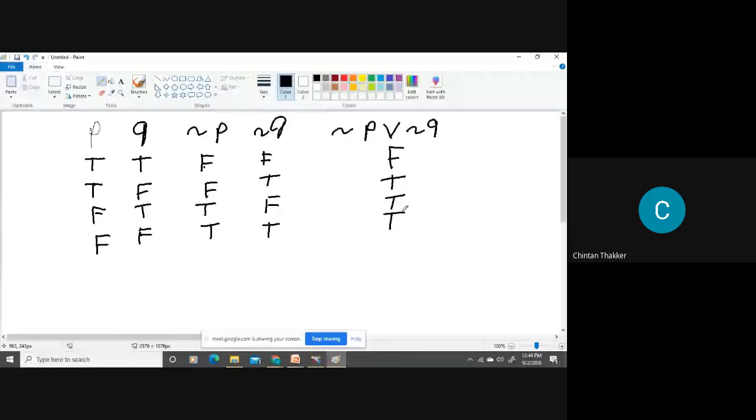In all three are T. Okay. So this is our table. Okay.